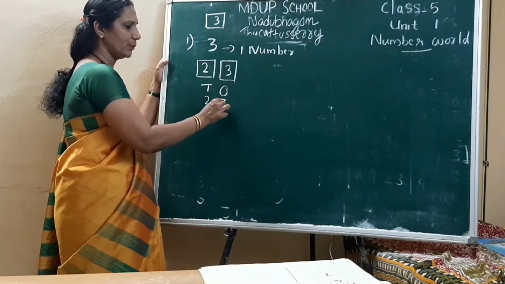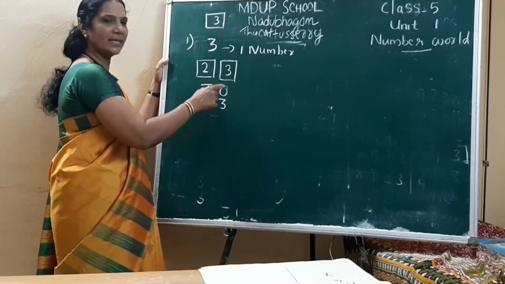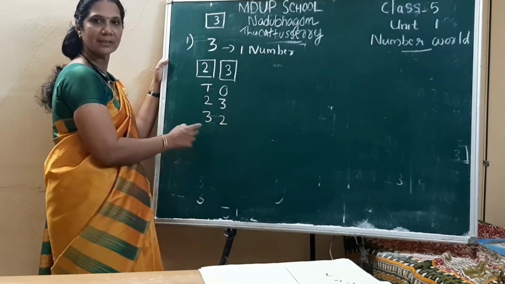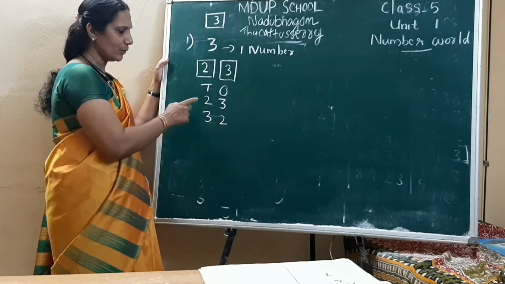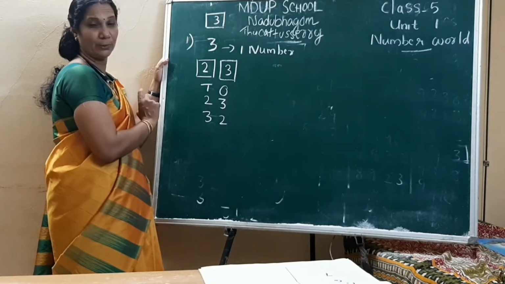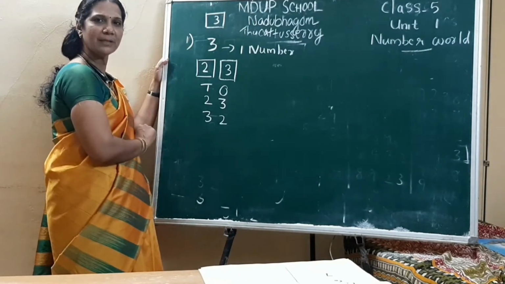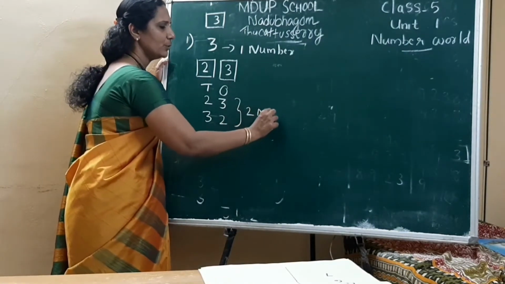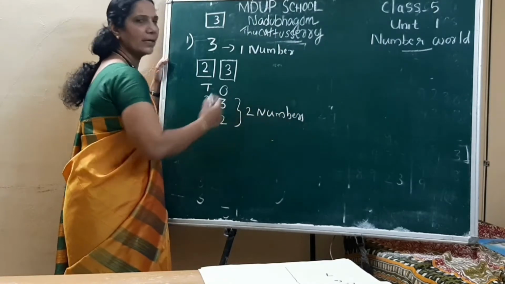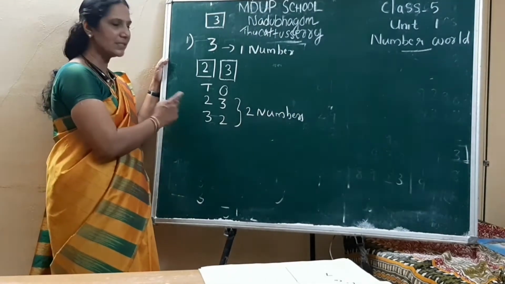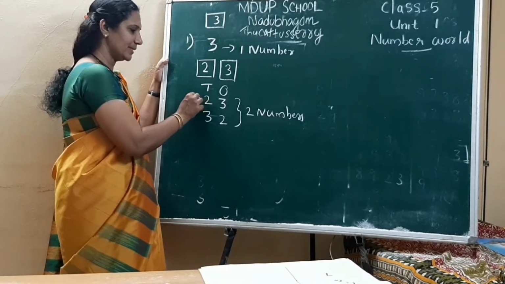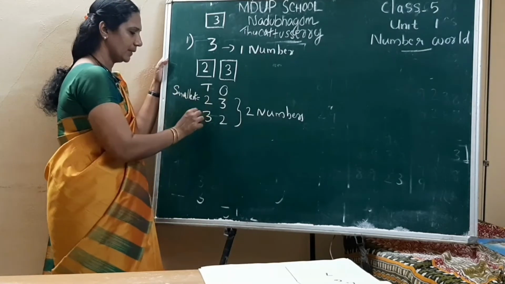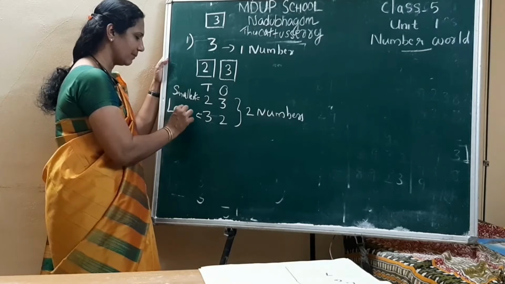So we can start with the digit 2. So we have the number 23. 2 in the tens place, 3 in the ones place. If you interchange the digits, you get the second number as 32. Okay, all of you? So how many numbers? Only two numbers. Is there any possibility? No possibility. So two numbers are possible. Can you say which is the smallest among these two? 23 is the smallest one and the largest is 32.